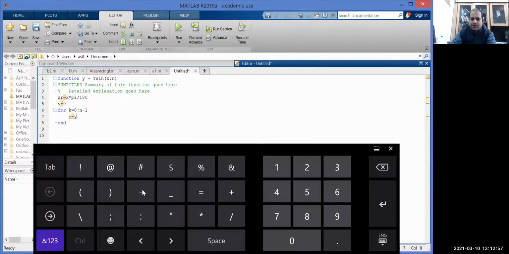Now let me write the relation. 0 plus minus 1 to the power k. What is the notation for wedge?